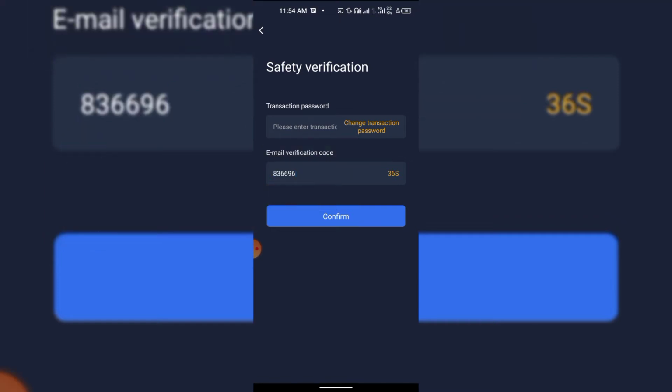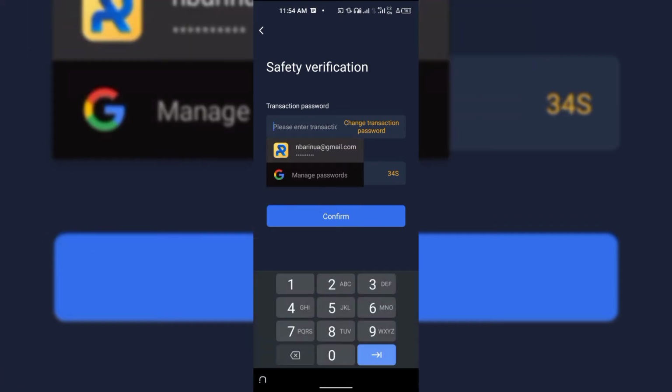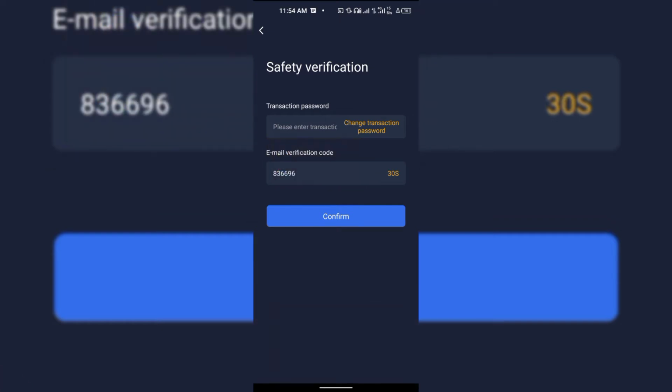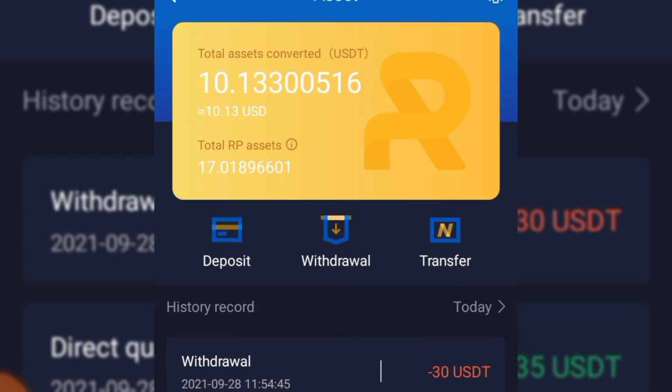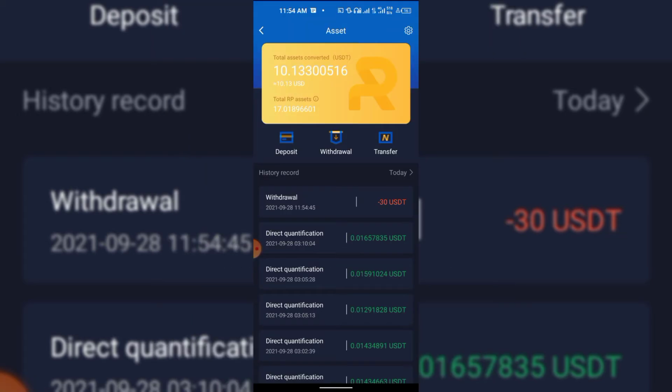Okay, paste it in there. All right, then I'll enter my password, and in that situation I'm going to pause this video. So now that I've entered my password and I've pasted the code, I can click confirm right now, and I've successfully withdrawn 30 USDT, my referral,